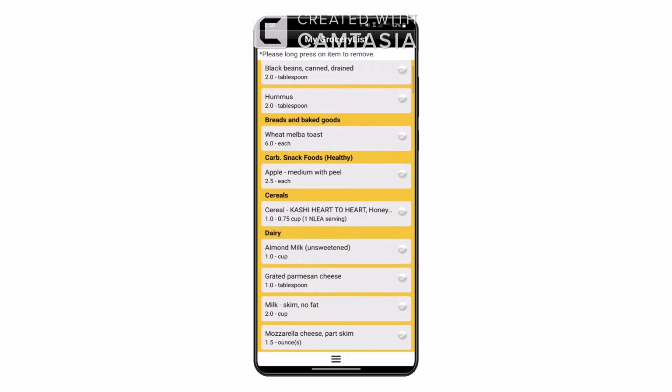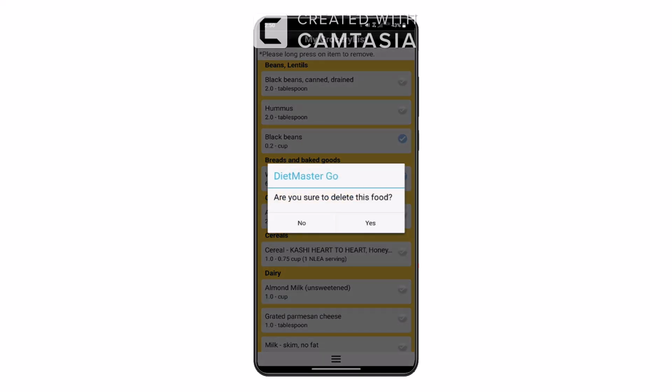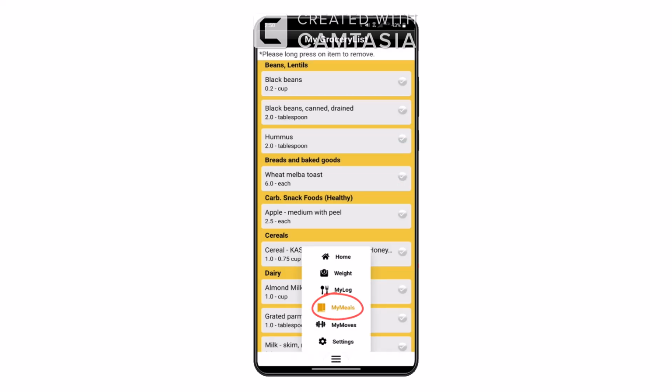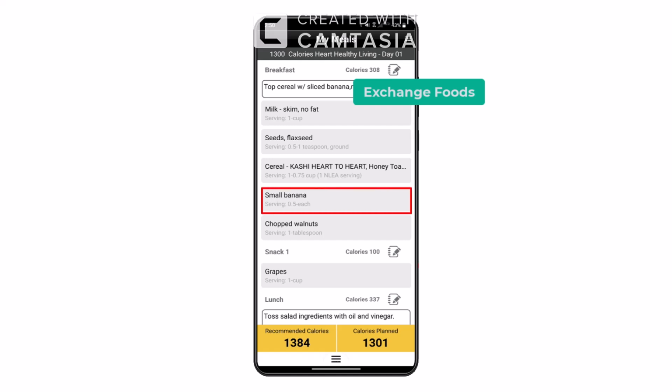Foods are neatly categorized in food groups to make the grocery shopping experience easier. You may long press on any food to remove it from the grocery list. We can use the main menu to go back to the My Meals screen and exchange foods for food preferences